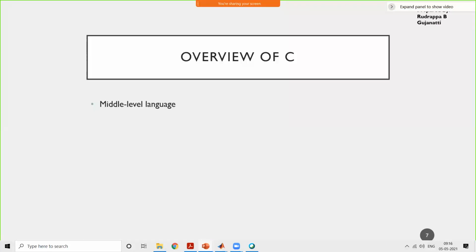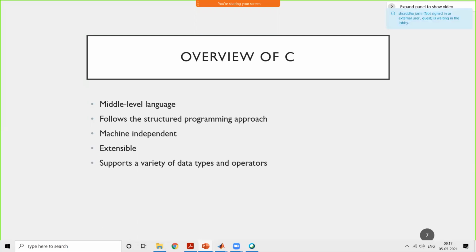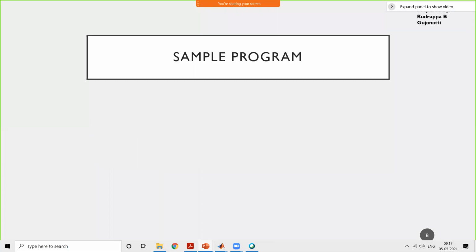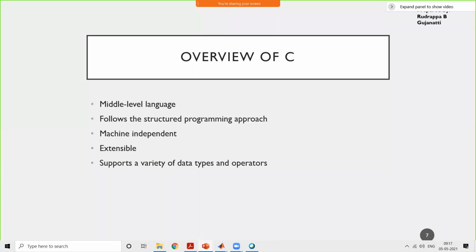Then we came across an overview of C, as to what the features of C are. That is, it is a middle level language. Then it is a structured programming language. It is machine independent. It has extensible code. Then it has different types of data types, then operators. It also allows you to have user defined data types.